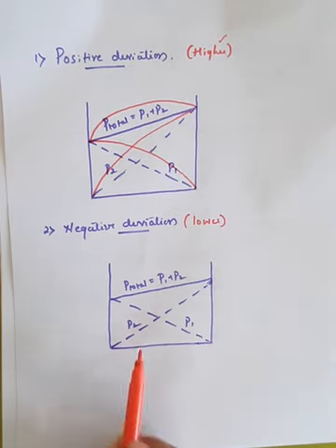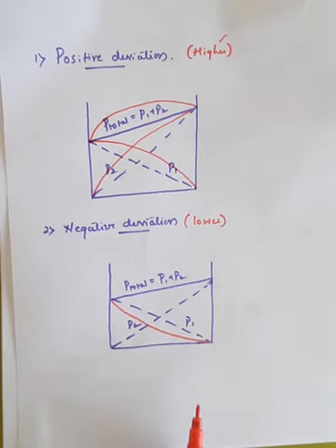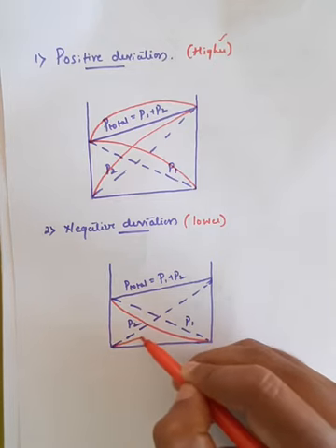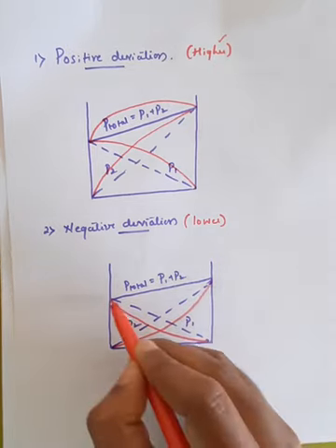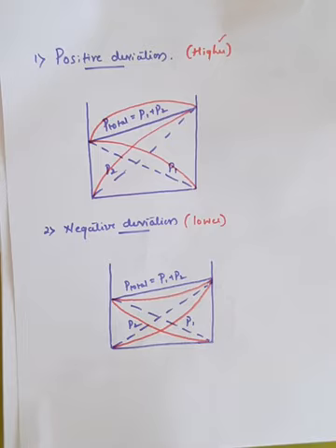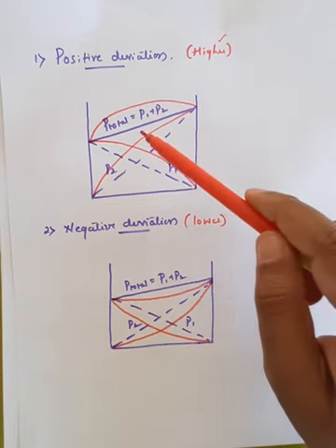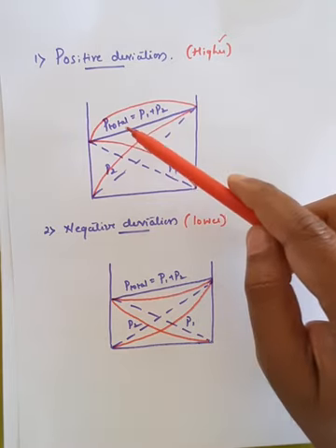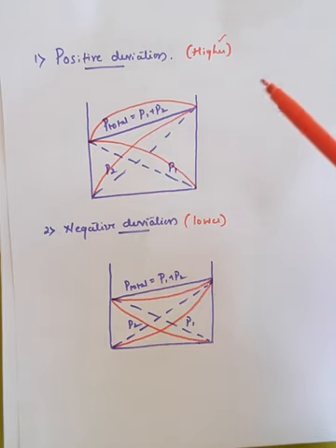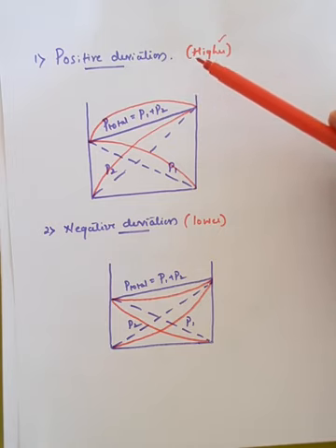But due to the negative deviation, what happens? In P1, the graphical representation comes below the standard line. Even for P2, it comes below the standard line. And even the resultant, that is P1 plus P2, that is the total value, it also, right? So here if you compare the positive and negative deviation, the curved lines or the changed value or the deviated value was more than the normal value, right? So the basic graphical representation is of the Rolle's law itself, but whenever you compare a higher value than the standard value, then you can get the positive deviation in the Rolle's law.